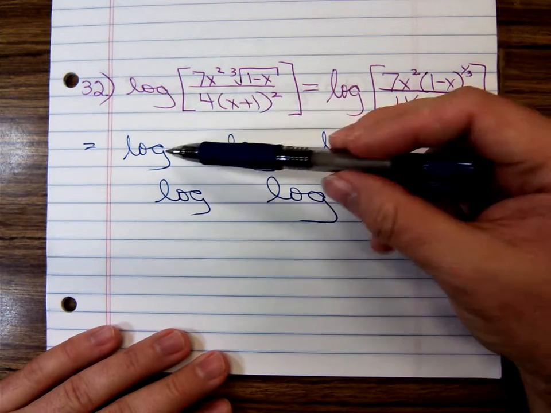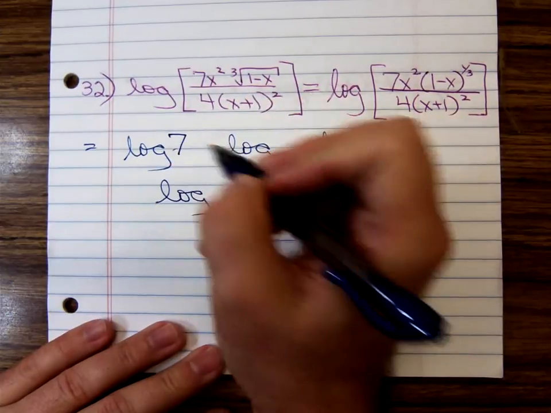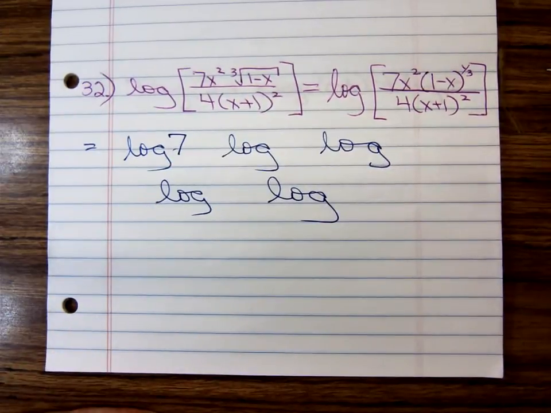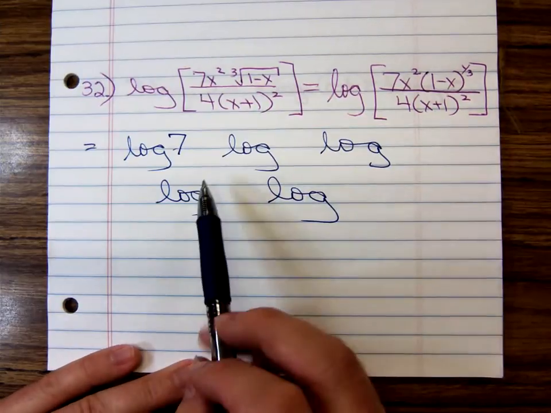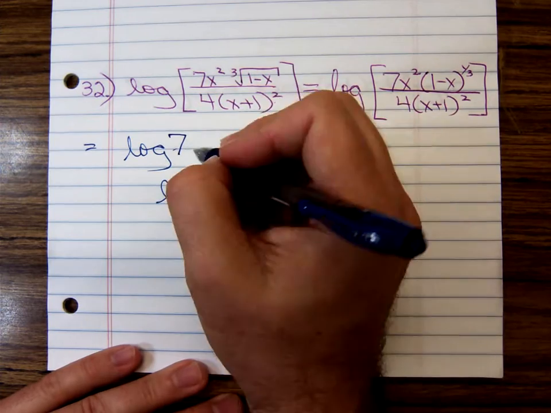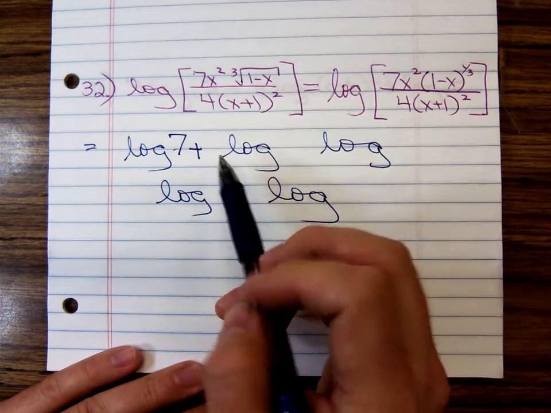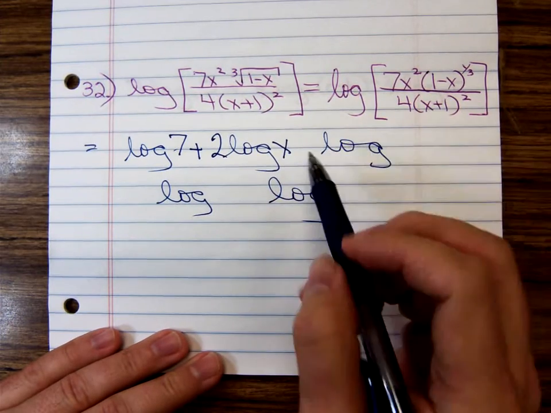What's the first argument? 7. Just a 7. Notice there's no exponent on that 7. Why don't you call it out to me now from left to right? Now, we start off with a log 7, plus or minus, plus. Do we have a coefficient? Okay. 2. Log x plus,